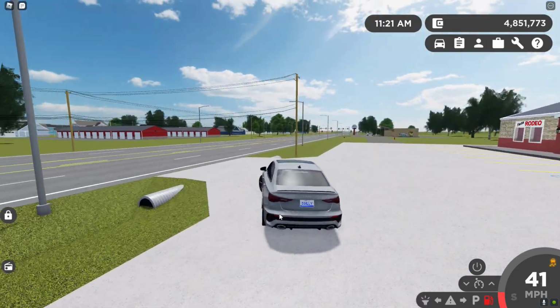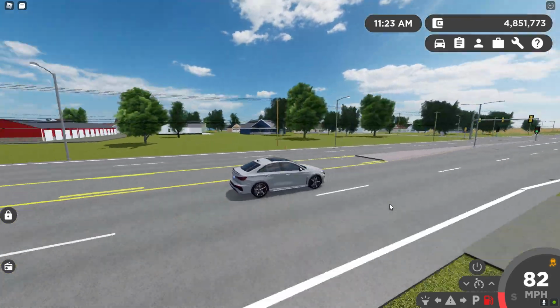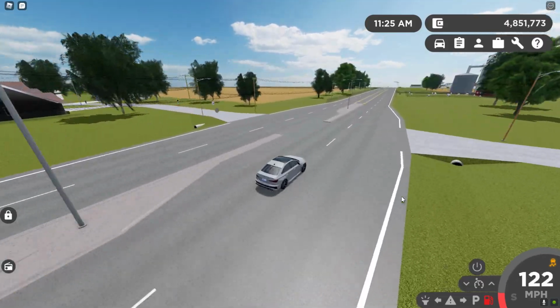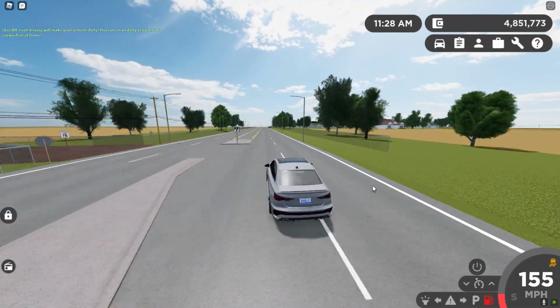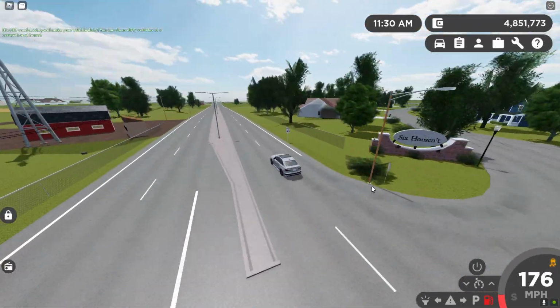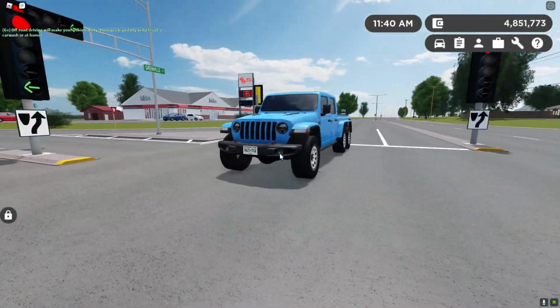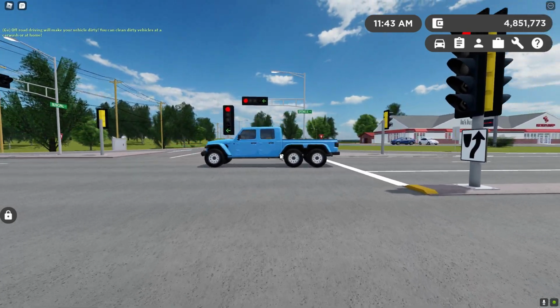Just like the TT-RS, this is a very fast car, one of the fastest 4-door sedans in this game. The TT-RS is actually really fast too. I forgot to mention that I kept up with a BMW M4 in that car, so that car is no joke. It's a fast egg. This one's small, it's kind of a Jetta with an appearance package and a 5-cylinder, but we don't talk about it. As far as 8th place goes for my favorite car in Greenville, we have the Jeep 6x6 Hellcat powered